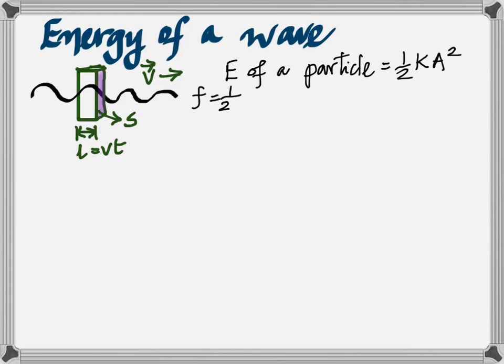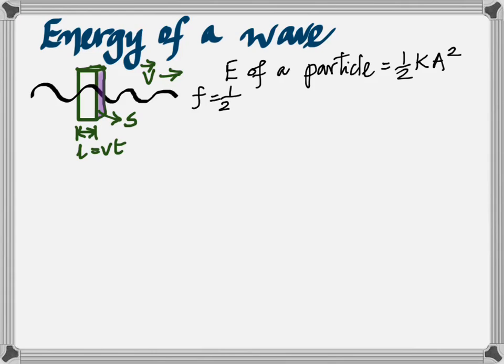Everything clear? Some people tell me there are too many Ks. Yeah, you need to know the difference. There are too many boys and girls, but you sure know the difference, don't you? Not everybody is the same for all of us. Same way, K is spring constant. A is the amplitude.